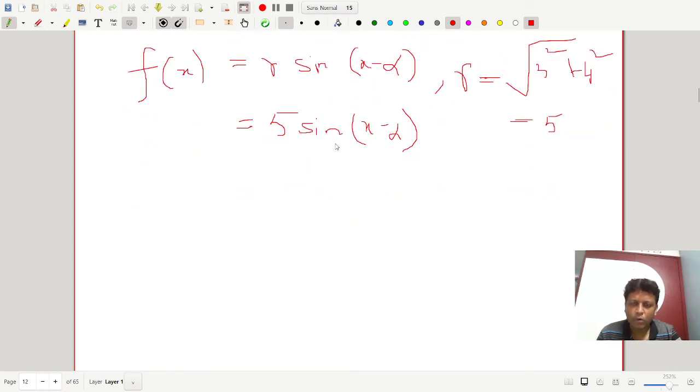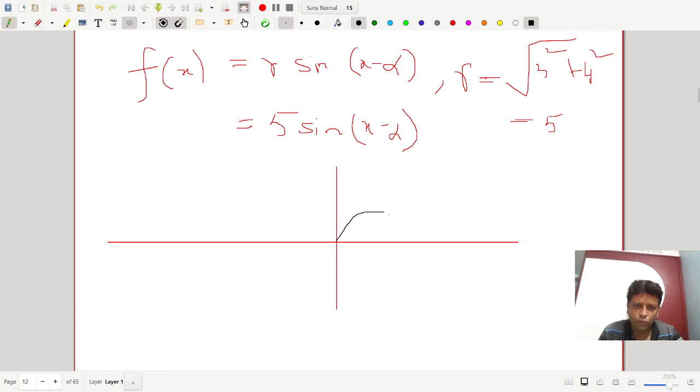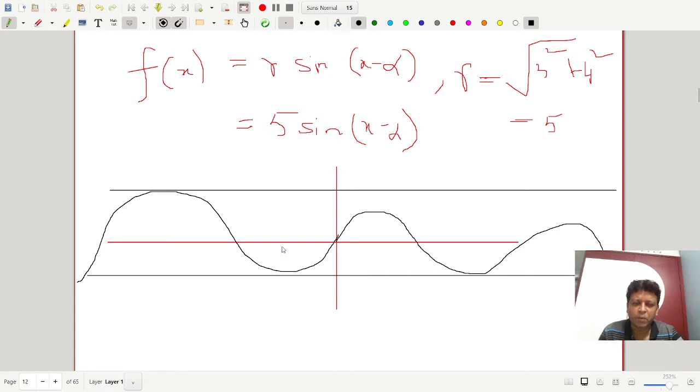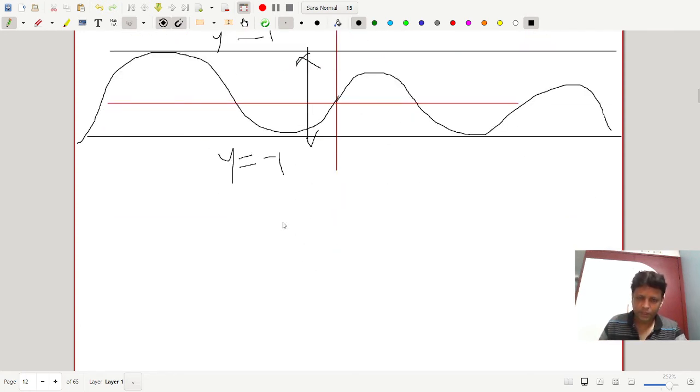Yes, sir. Now, what is the range of sine? Whatever is inside the function, what is the range of sine? If you draw the sine curve, it will be between minus 1 and 1. This is y equal to 1, and this is y equal to minus 1. So your range is actually the vertical component, minus 1 to 1, always for sine and cos. If you have trigonometric functions like sine and cos, their range is confined between minus 1 and 1. Am I clear, everybody? Yes, sir.